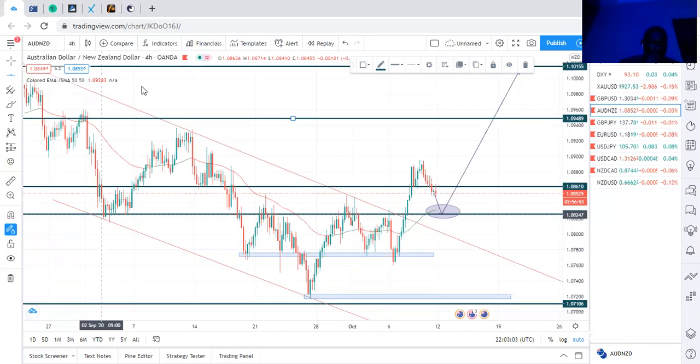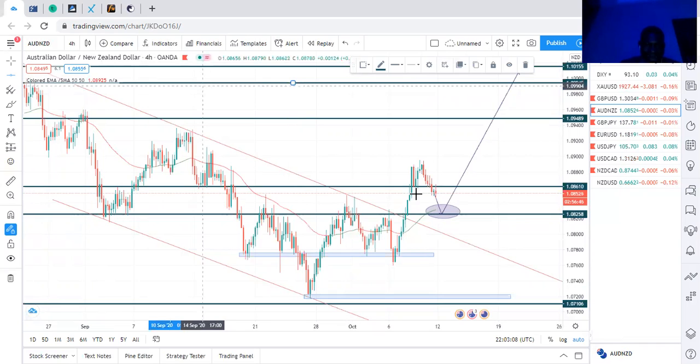So as you can see, you saw on the daily there. On the 4 hours, market is channeling down, broke out of the channel, and as you can see here, price